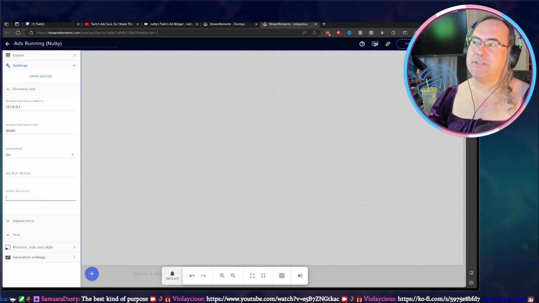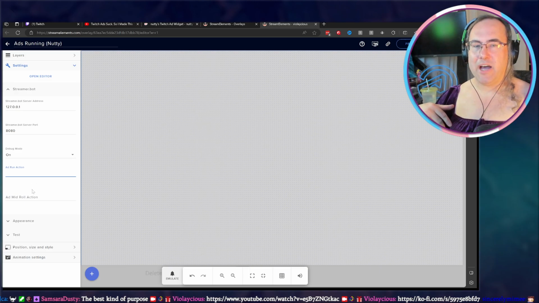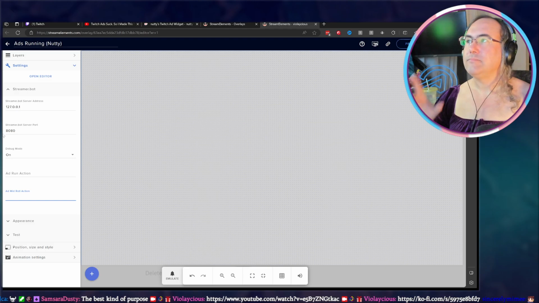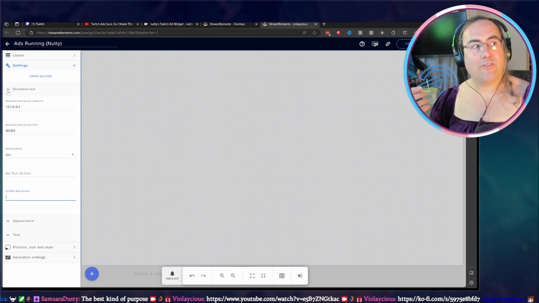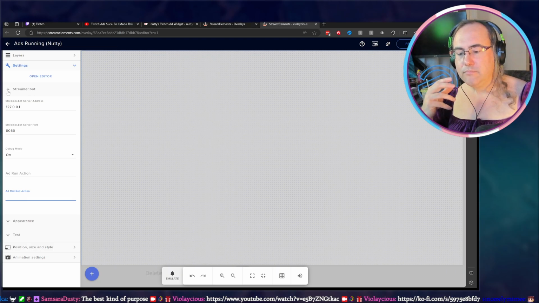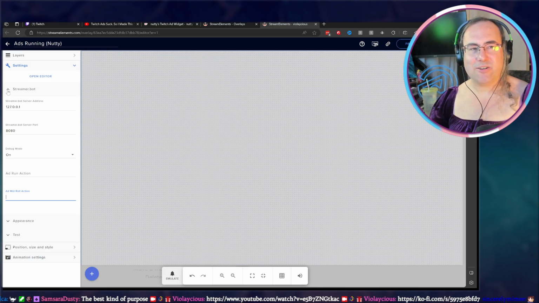It also has the options here to add the actions for StreamerBot directly from the widget. I'm not doing that. I do that on the StreamerBot side just because I like it to be local. I don't like to have anything running on another computer if I don't have to, or if I'm not getting a benefit from it, I should say. I do leave some of my alerts here just because they're easy, and because sometimes it's easier to run one browser for 10 things than it is to run 10 different things locally. That's kind of my thinking there.